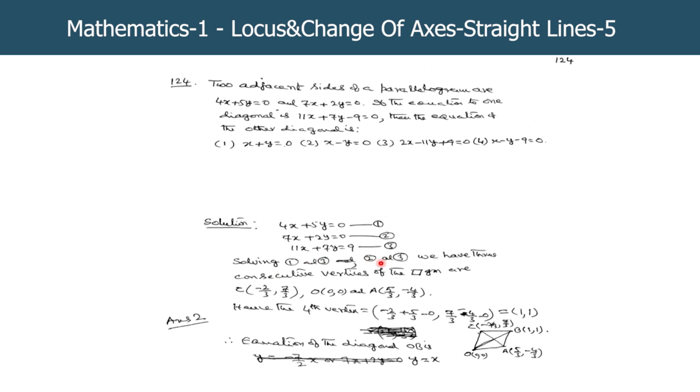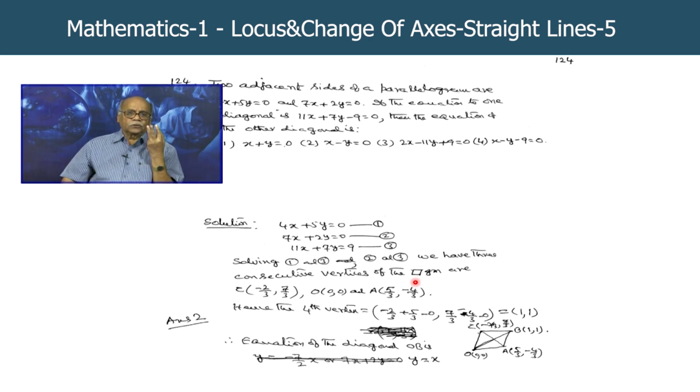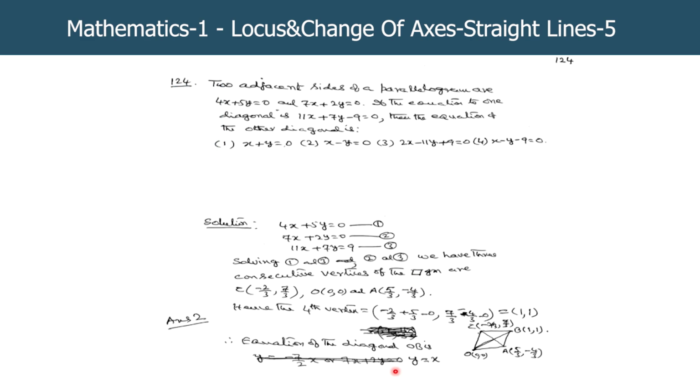Solving 1 and 3 and 2 and 3, we have the consecutive vertices of the parallelogram as (-2/3, 7/3), the origin, and (5/3, -4/3). If you know three consecutive vertices of a parallelogram, we can find the fourth vertex also. If (x1, y1), (x2, y2), (x3, y3) are three consecutive vertices of a parallelogram, then the fourth vertex is (x1 + x3 - x2, y1 + y3 - y2). So, if you use that formula, the fourth vertex is simply,